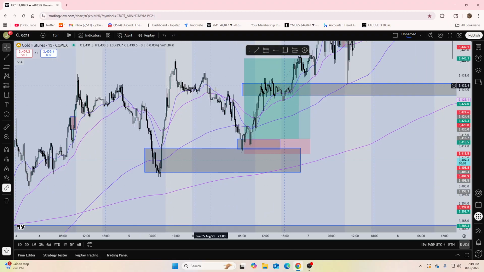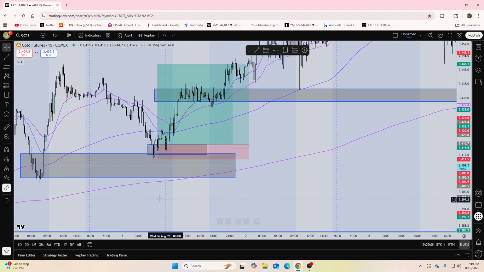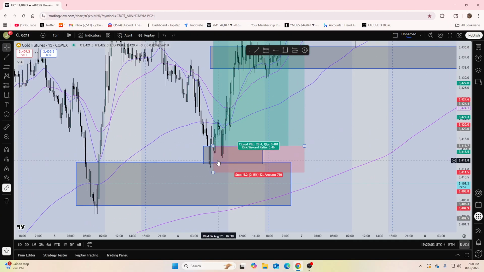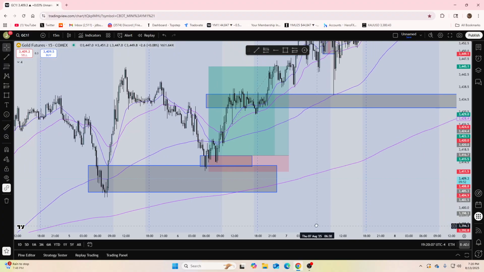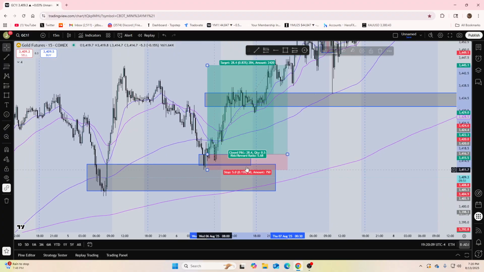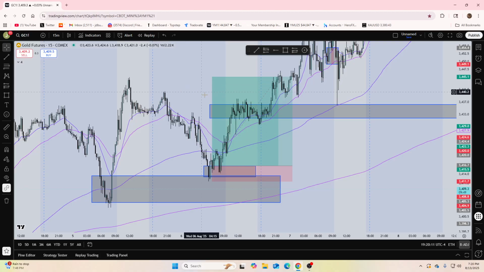As you can see, we got our retest, and then directly after retesting that zone, we got a nice bullish 15-minute engulfing, and as I explained before, SL goes at the bottom of that engulfing, and your TP can go in various places depending on the type of trader you are, how long you're looking to trade, whatever it may be. For instance, this trade would have took